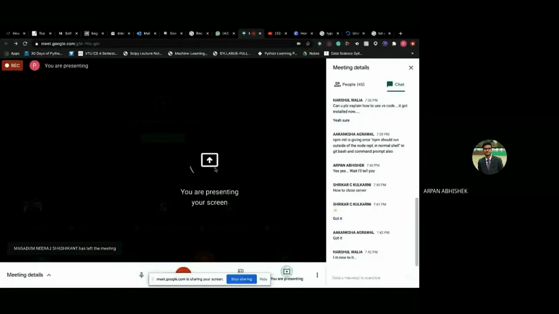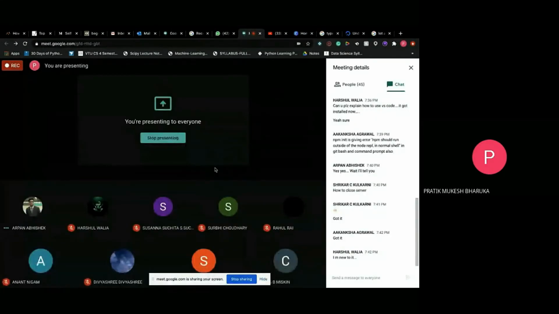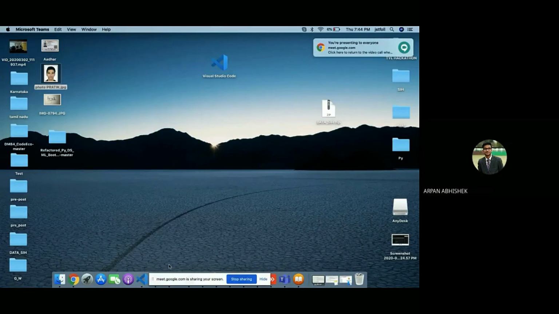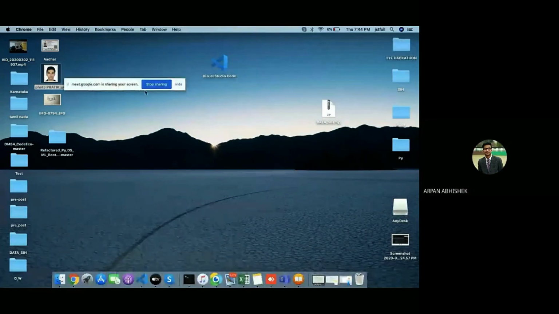Let me present my screen. Guys, this is in general for everyone who is new to Visual Studio Code. I'll give you a brief explanation. Arpan, yes, tell me. You got that working?